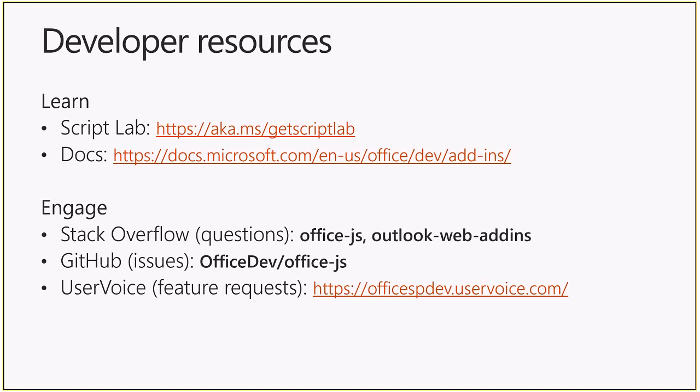You can do so via the link aka.ms/getscriptlab. And as Sudhi mentioned briefly, it is just an add-in. So you basically go get the ScriptLab add-in, download it, and then once you do so, within the Office application that you're working in, for example Excel, you'll see a new top-level menu item, ScriptLab, which has its own ribbon with buttons that you can use to launch the code pane and the run pane, etc. So you can start exploring those samples that we have published already, as well as experimenting with your own